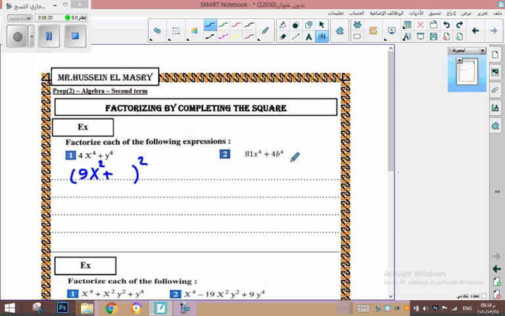What is the root of 9b power 4? Yes, 3b squared. After that, outside the bracket, I will change this sign, plus, to minus. Then I will get the product of the first term and the second term by 2, double the product of the first and the second term. Then 9x squared by